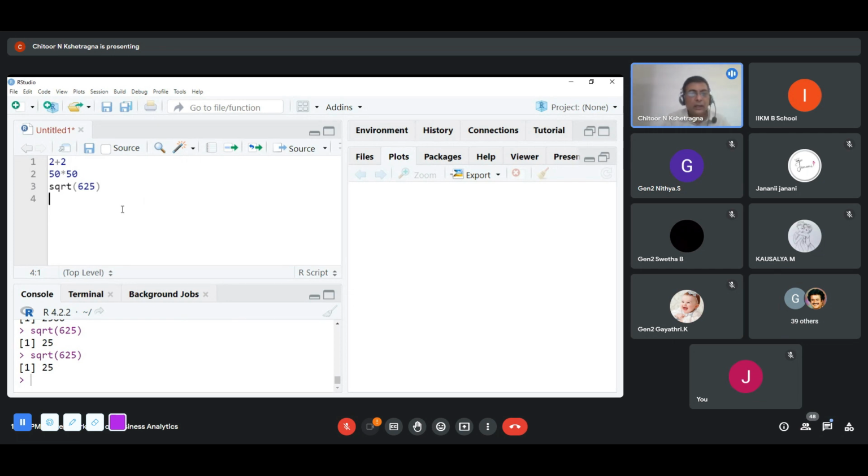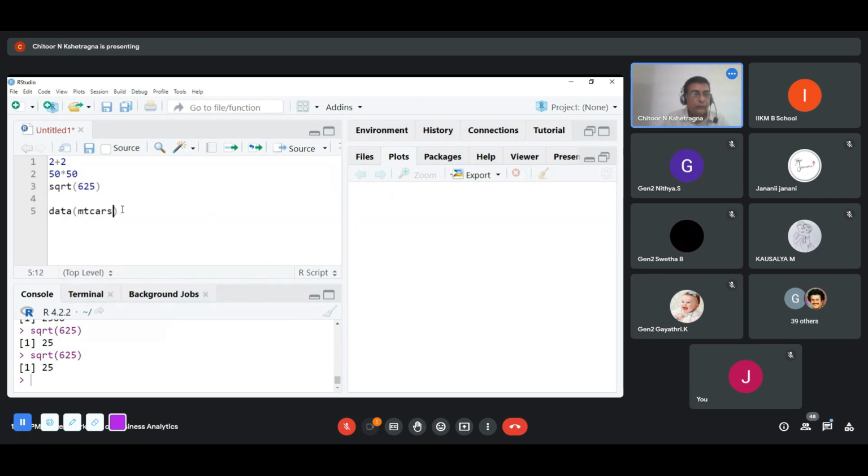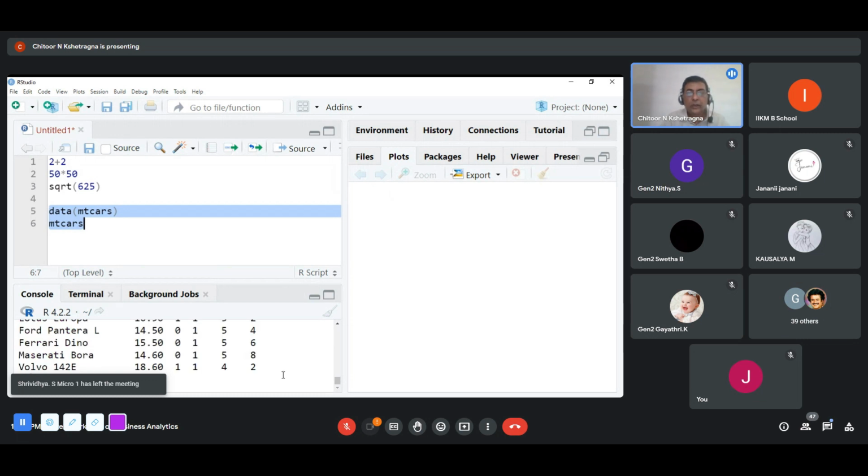Okay. But the best thing about R is R has got a lot of inbuilt data sets. You need not go search for such inbuilt data sets. I'm going to give you a demonstration of a data set by name mtcars. I'm going to pull this data set out from the R studio, mtcars. Right? The data set name is mtcars. Okay, so I'm going to pull this data set. This is the data set. Right? This is a data set what I've got here.